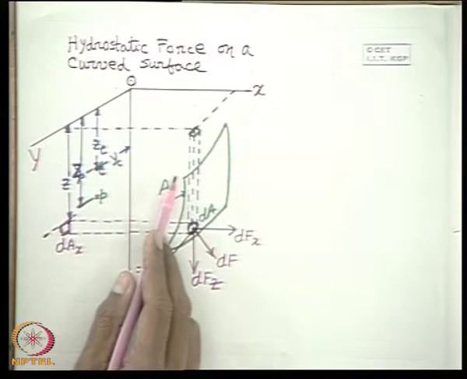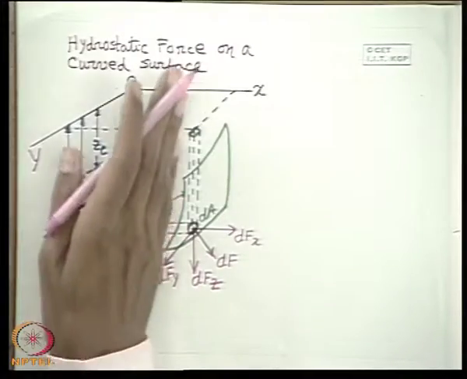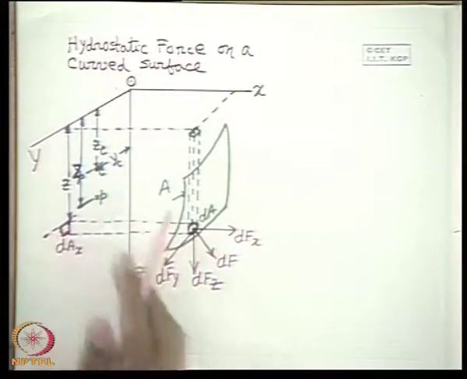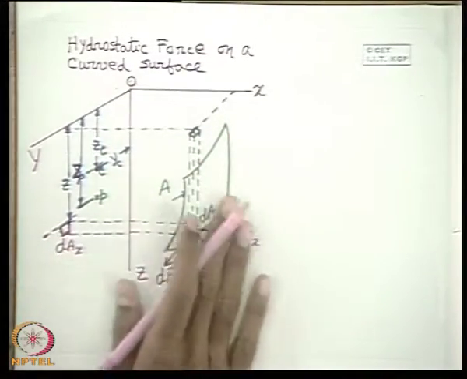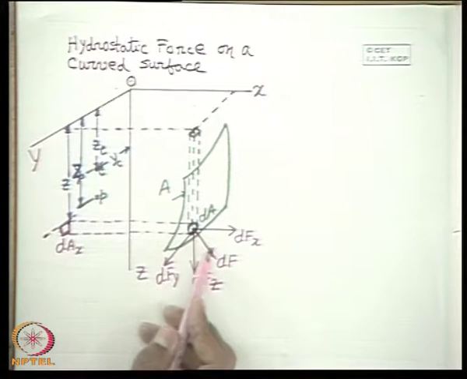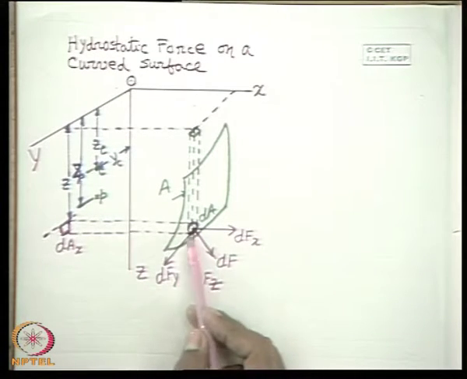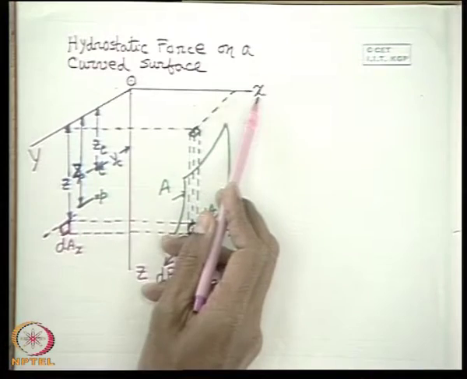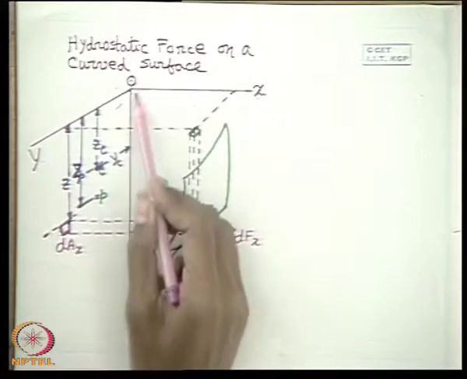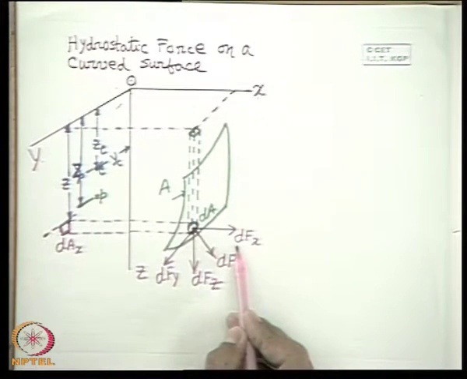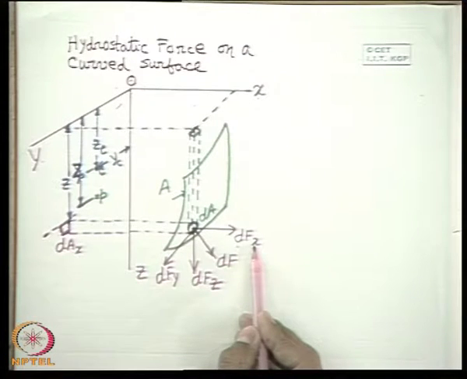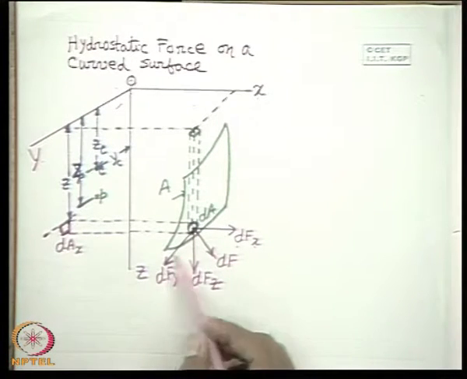If we consider the force acting by the liquid on this side, I have told only one side we will consider, the other side we will consider as if open to atmosphere, then this pressure force dF is normal to this area dA. Now this force can be resolved into three directions with respect to this frame of reference OX, OY and OZ. Accordingly, dFx is the x component, dFy is the y component and dFz is the z component.